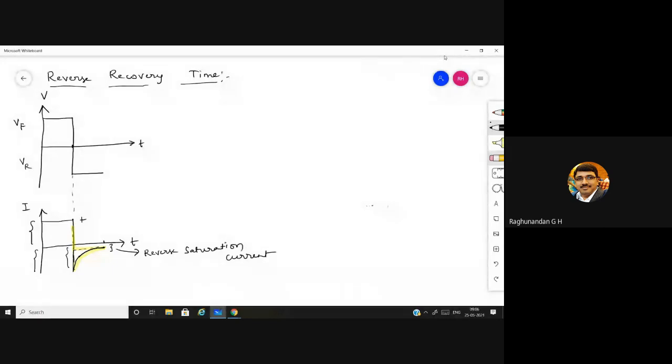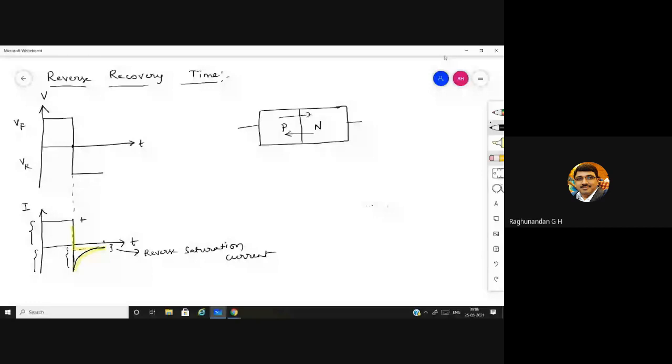Let us see why it happens like this. When we consider a p-n junction, when we have forward biased this p-n junction, we know the holes start moving towards the n layer, and the electrons move like this, and there is easy flow of charges across the junction. So this is a junction where the charges are going to pass through.